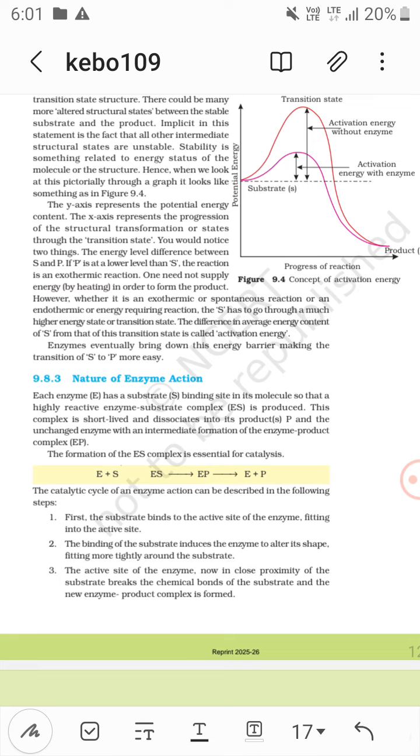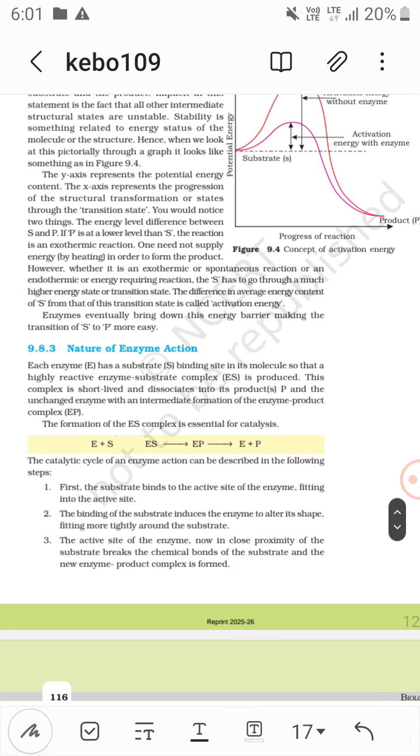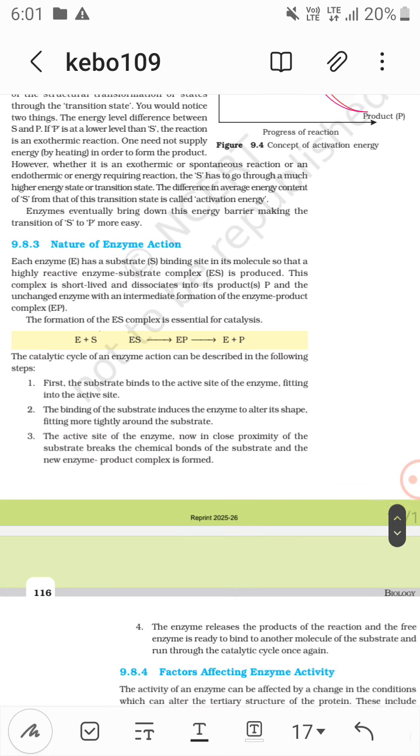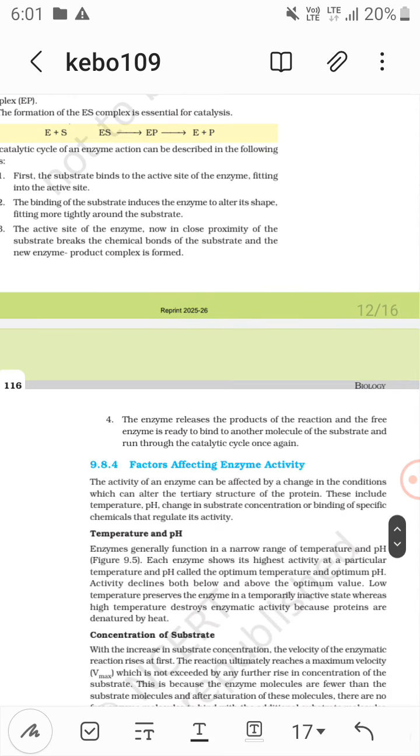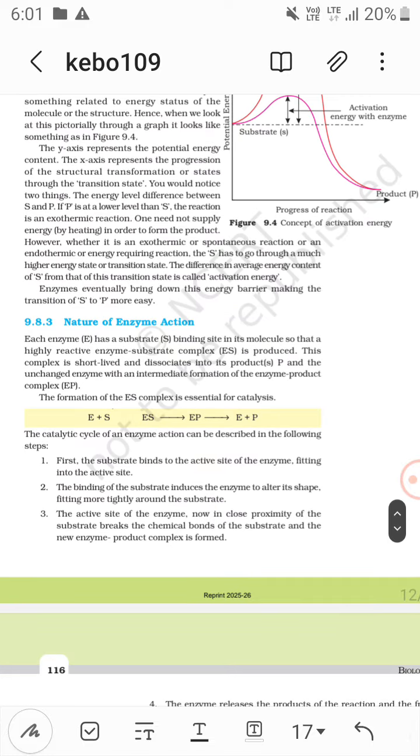fitting more tightly around the substrate. Now, when there is close proximity of the substrate, that breaks the chemical bonds of the substrate and the enzyme product is formed. When the enzyme product is formed, the enzyme releases the product of the reaction and the enzyme is free now for another cycle. So this is enzyme plus substrate, then enzyme-substrate complex form, then enzyme-product form, then enzyme